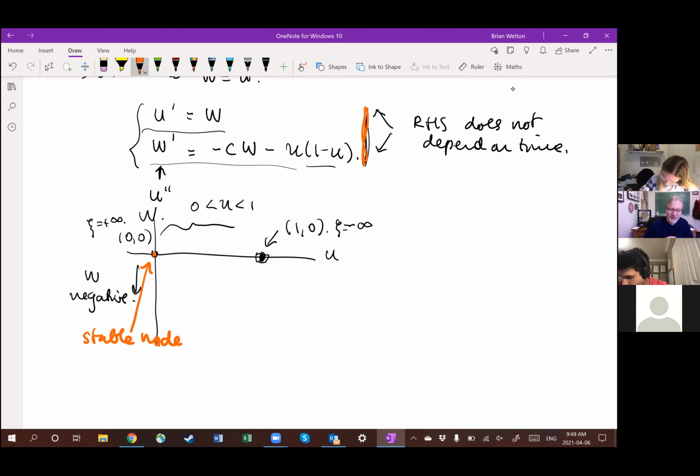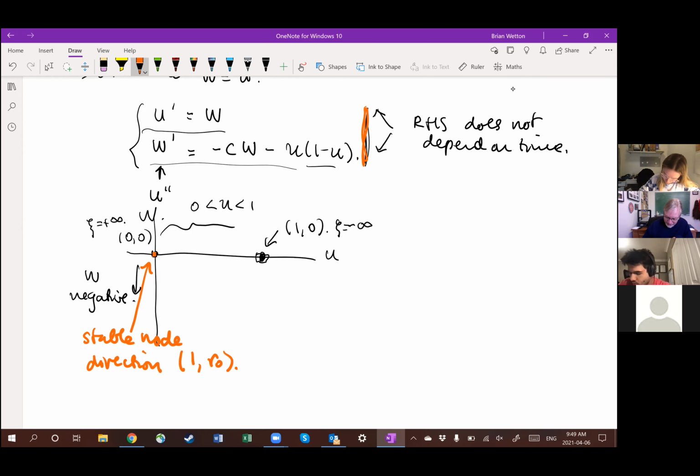I know that I'm going to tend towards this solution along the direction that is the least unstable, so the one that decays the slowest. And so that was direction 1R0,